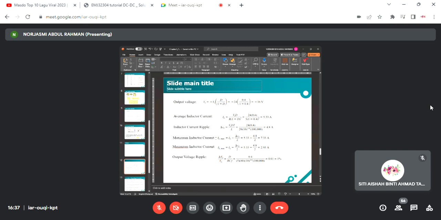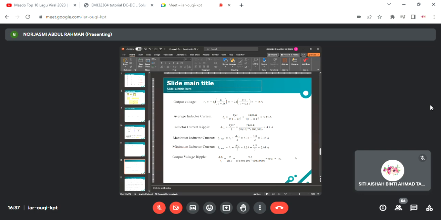So in order to find the maximum current, you know IL max equal to IL plus the ripple divided by 2, then you have 7.33 ampere. And for the minimum inductor current, we have IL min equal to IL minus delta IL divided by 2, which is 5.33 minus 4.8 divided by 2, then you get 2.93. So in this case,